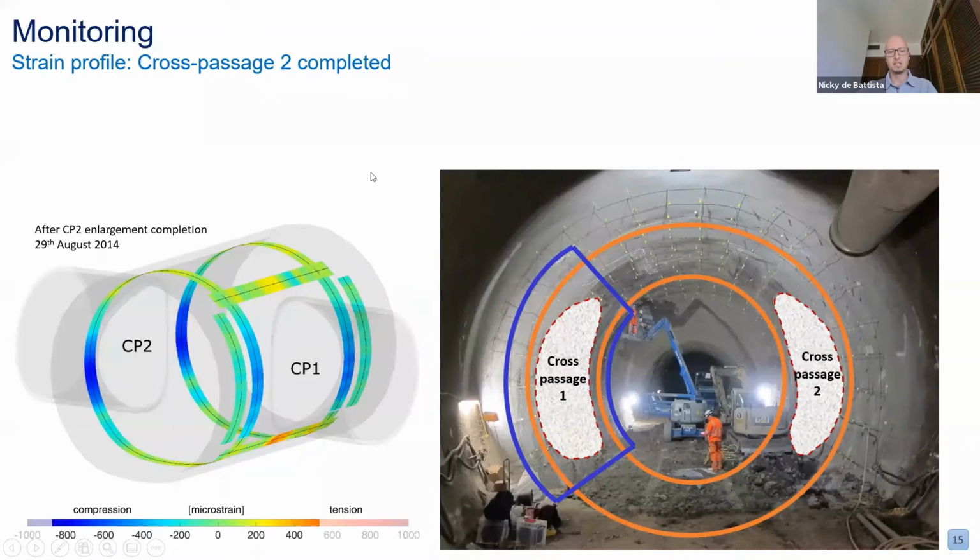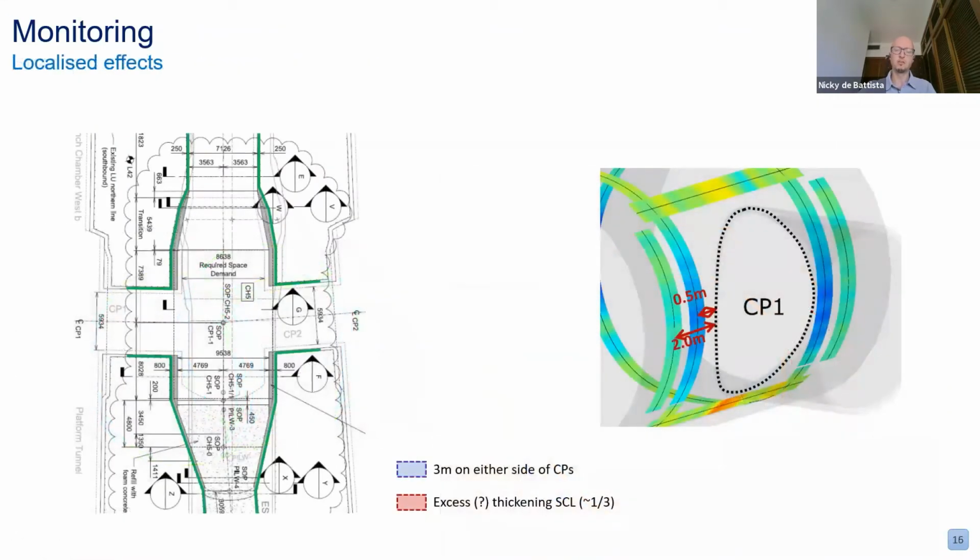And this pattern of strain is what would be expected, because the strains are redistributed in an arching fashion. So as we punch this big hole in the parent tunnel, the strains from the loads above and to the sides are redistributed around this hole, forming this arching effect, which is trying to open up beneath the cross passage. But to me, what was very interesting was that if we zoom in around the cross passage